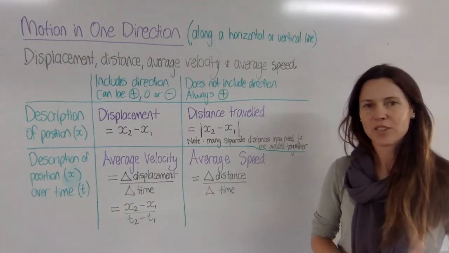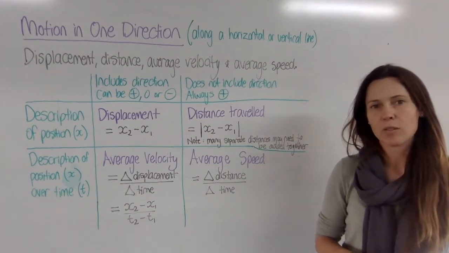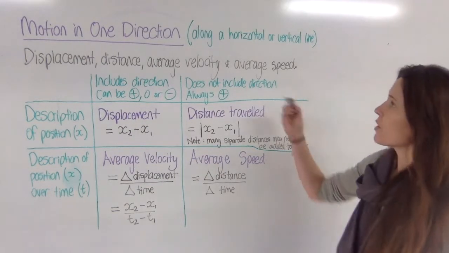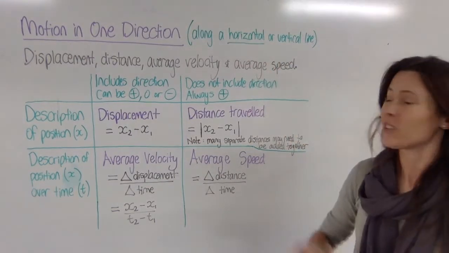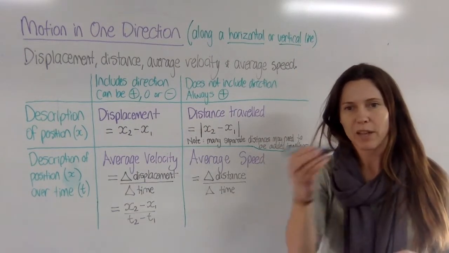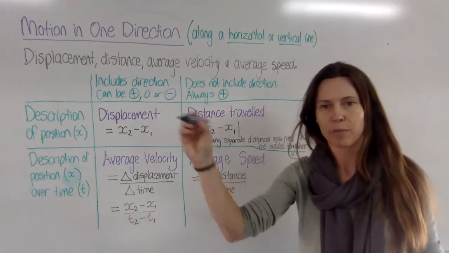Today we start our unit on motion, and in this course, Advanced Maths, we're only looking at motion in one direction. So that really means that you can think about it as motion along a horizontal or a vertical line. Now examples of this, well perhaps we have a number line and we have some object that's moving along it